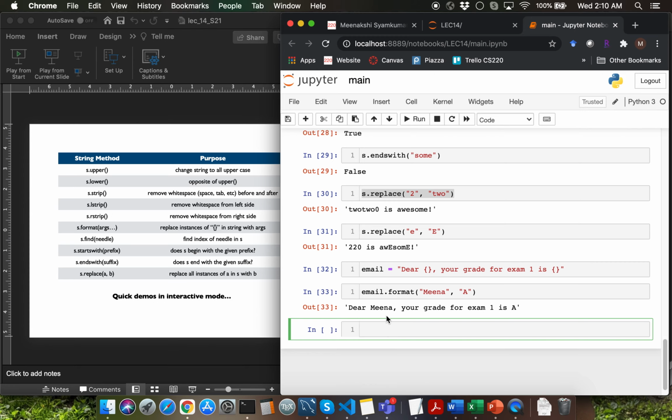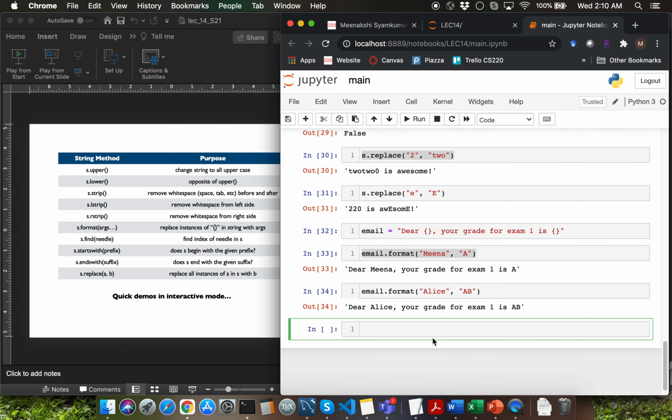And now we are going to get the formatted string where we replace the placeholders with the argument values. I can give Alice a grade of AB by passing "Alice" and "AB" as arguments to the format method call here. Very useful when you want to generate multiple strings for sending out emails to various people, where you want to use similar strings and replace some parts of that with individualistic things like name, grade, or any other